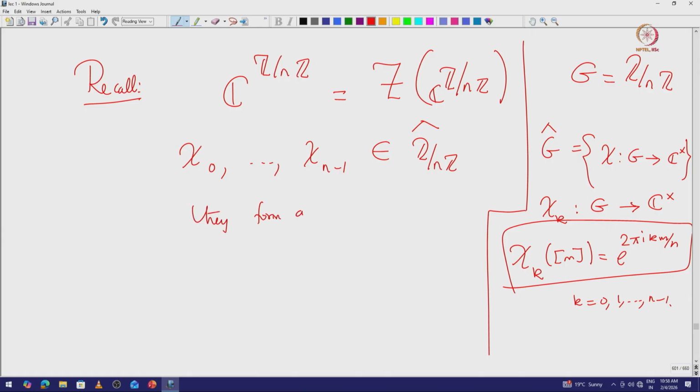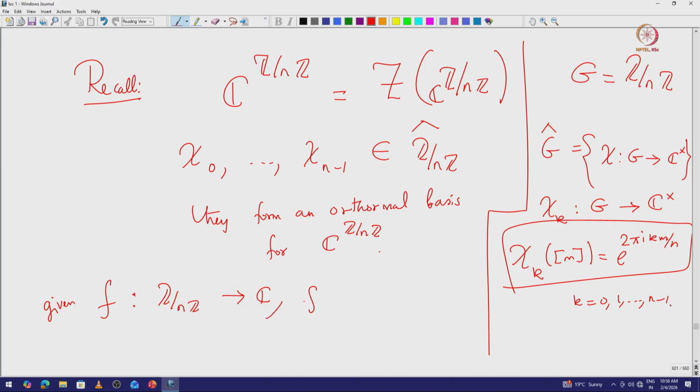So, now what we know is that these chi naught, etcetera, chi n minus 1 form an orthonormal basis. So, this gives us an orthonormal basis for the space of functions on Z modulo nZ. In particular, once we have this orthonormal basis, any given function f from Z modulo nZ to C we can write in terms of this orthonormal basis. So, basically we are changing the basis from the delta x to this orthonormal basis. So, that means, given f, we can write f equal to